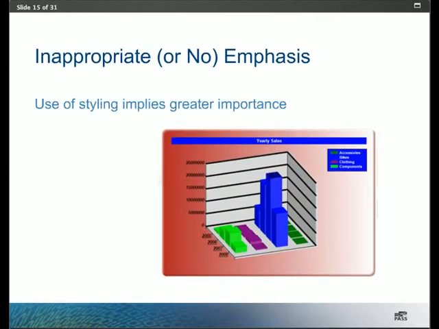That could be by using bold fonts or different colors or adding lines, underlining text, italic font, or even placing elements inside of borders. So the bottom line here is to use styling with caution. Don't think of styling as aesthetics, but as something that adds meaning to your visualizations here.